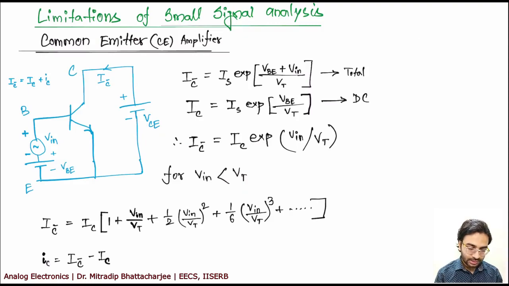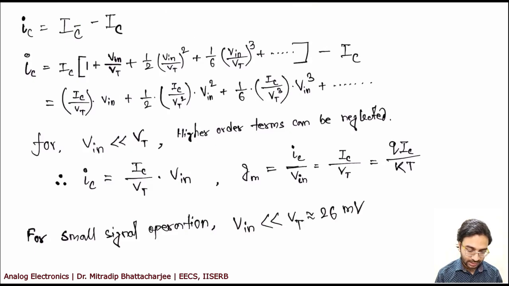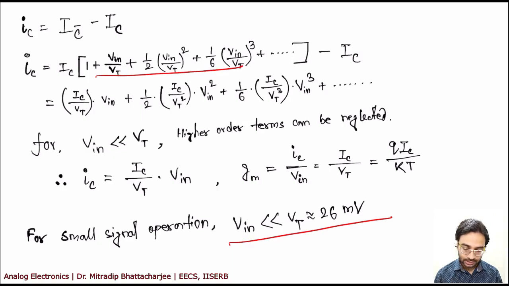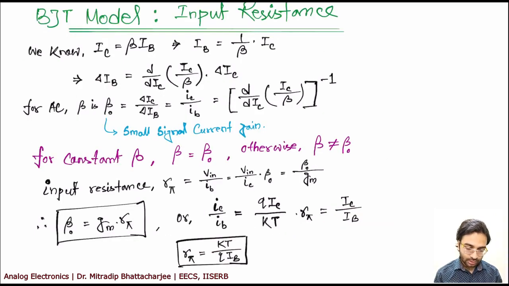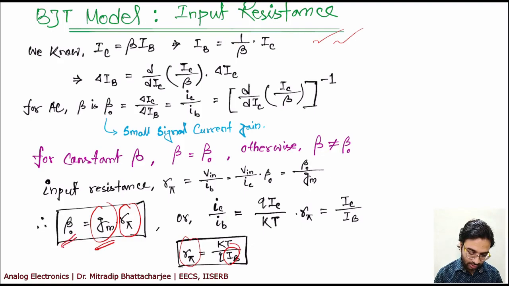Okay. So we have seen the limitation of the signals, the high frequency terms, how to avoid these high frequency terms, and what is the condition for the small signal analysis. Then we also have started seeing the input resistance, different resistances. So in different resistances, we have figured out first what is the input resistance r pi, which depends on gm, then IB. So if you know gm, beta 0 will be known. So you'll be able to get what is the value of input resistance.